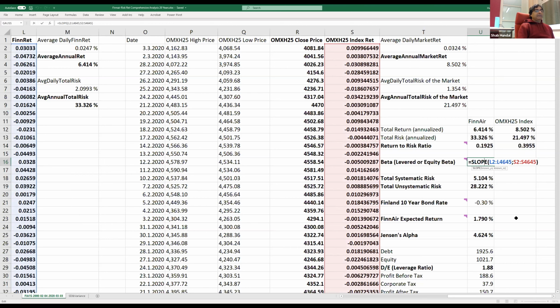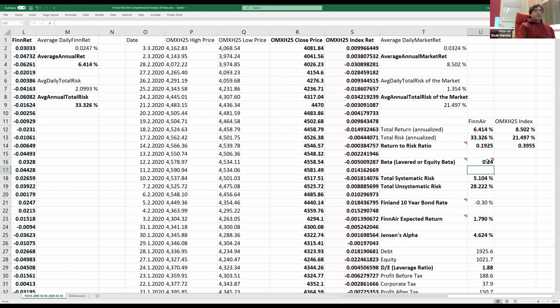Even though the FinAir data was some 5,230 something, I took the data range to 4645 because 4645 is the data availability of the index. So that's why I'm saying that when you have one row, 20 long period, you will only take 2 years, so don't worry too much. In case you find that the data of the closing price of the company and the index is not the same, then of course you can't cook up the data, but at least take the basic minimum. So you can delete the surplus data of whichever column you have, but keep the minimum common data,